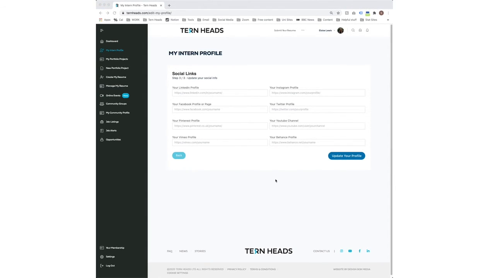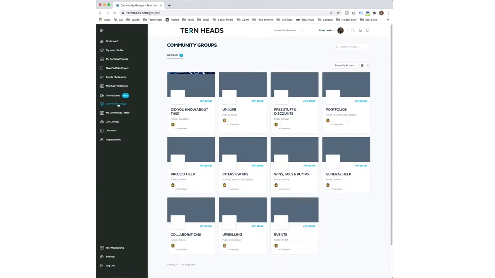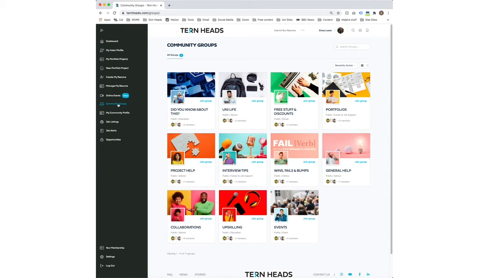Another asset within Tern Heads is its community. You'll find that in the Community Groups tab on the left-hand side. Don't be afraid to join community forum groups to contribute and follow conversations that interest you from people who are in the exact same position as yourself, or are perhaps 6 months or 1 year ahead and want to give you a heads up. Following the groups can also help to personalise the content on your dashboard feed. So you can click to join the group just here, and then when you go to your dashboard,